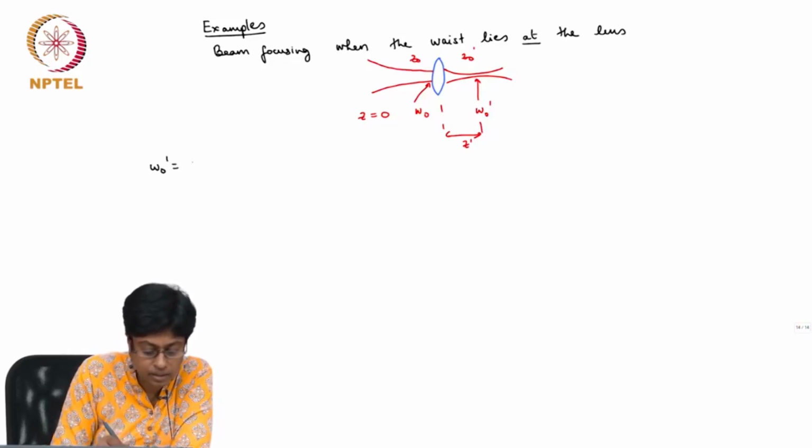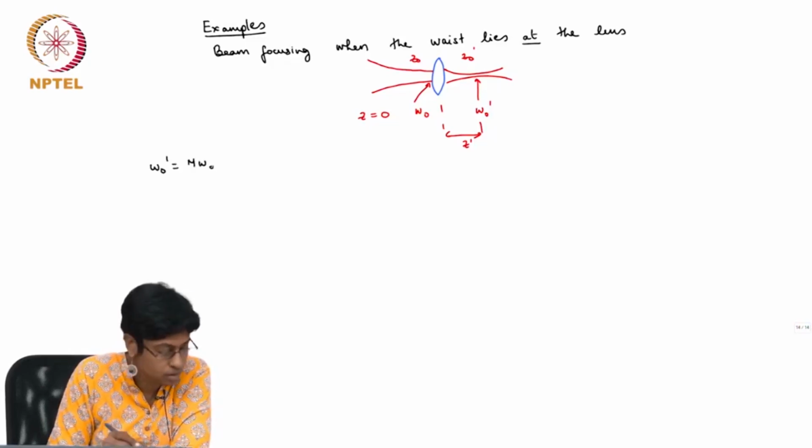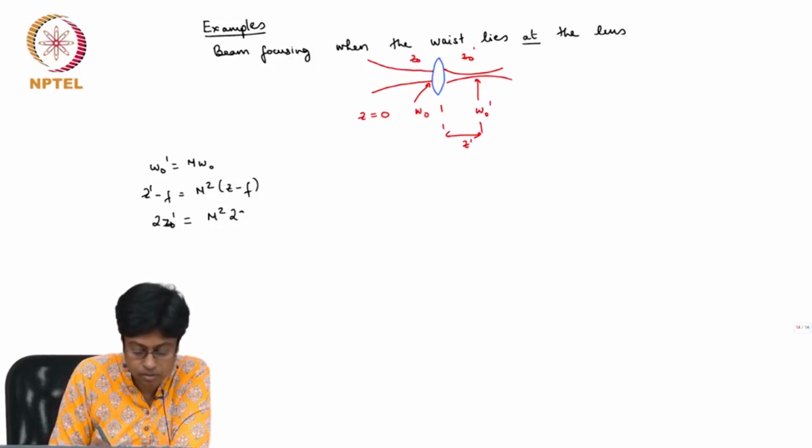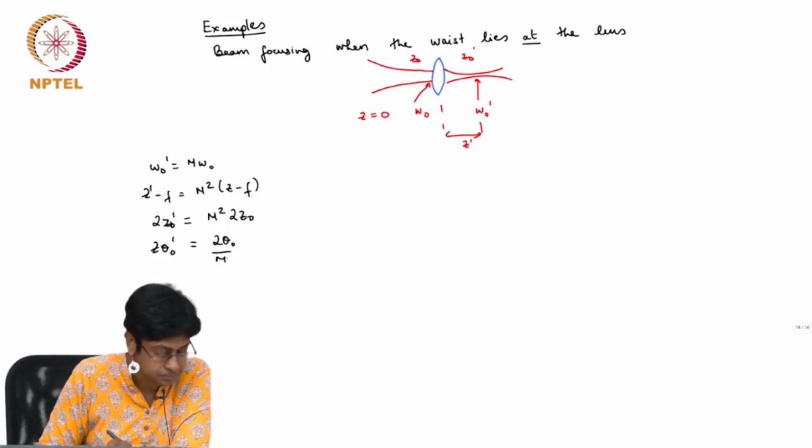Omega naught dash is m omega naught. The location z dash minus f is m squared z minus f. 2z naught dash is m squared 2z naught. That's the Rayleigh range. The divergence is related to the old divergence, and of course the magnification